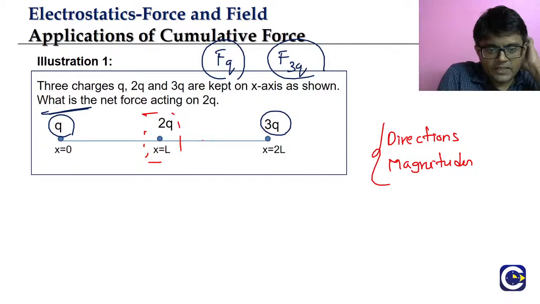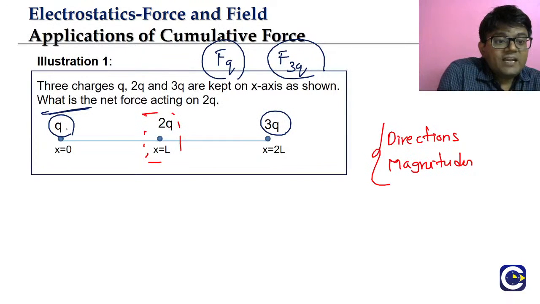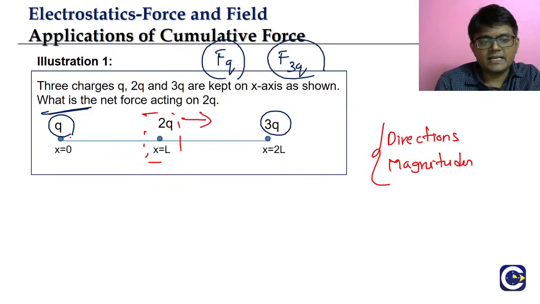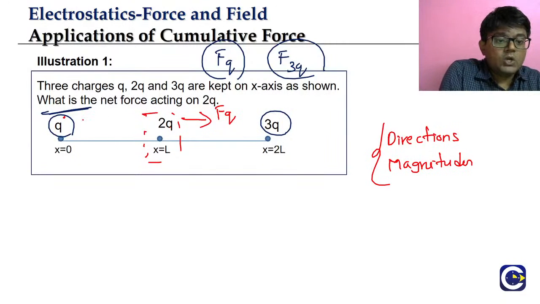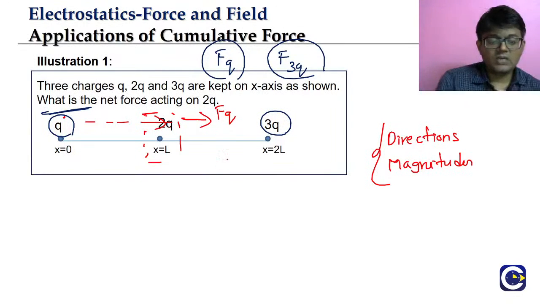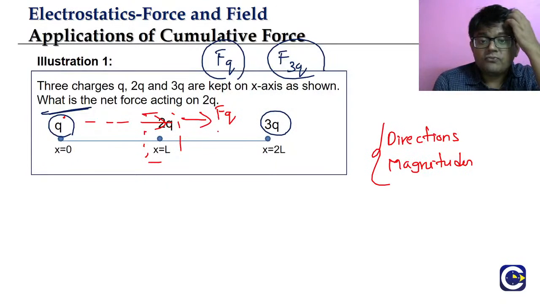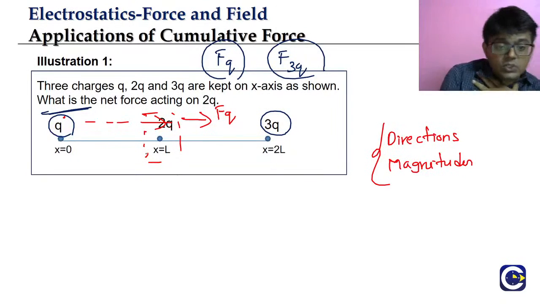Repel தானா? இங்க பாருங்க. So 2q will be repelled by q. repelled ன்னு சொன்னா என்னது? இப்படி தான repel. So q எந்த பக்கம் இருக்கா? q left side ல இருக்கா. So q will apply a force pushing the 2q. repel ன்னு சொன்னா pushing தானா? So this will be the direction of force acting because of q. பாருங்க, q will try to repel. இப்போ நீங்க அப்படியே அப்சர்வ் பண்ணுங்க, like say for example q is here, 2q is here. 2q will repel. The force will be away. Okay va? This is what will be the direction of force